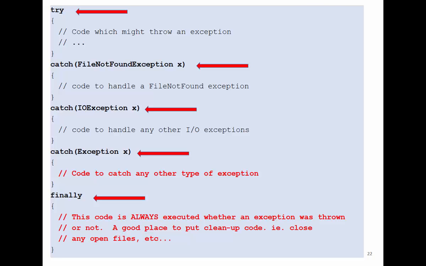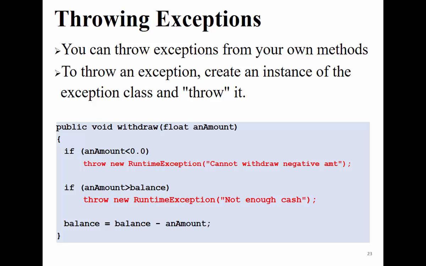Any other question? Okay. So this is an example where you throw the exception. You are asking to withdraw some amount from your bank account. So if the amount was less than or equal to 0, if someone tried to withdraw money with a negative amount, like minus $10, then we're going to throw a new, you can see the syntax, throw a new runtime exception, we cannot throw a negative amount, okay?